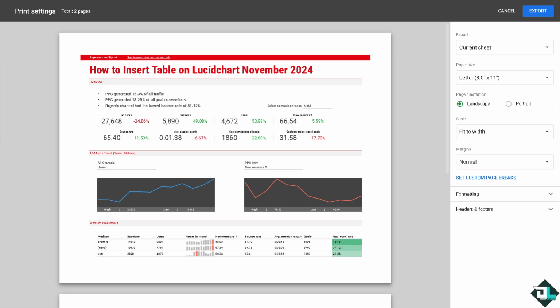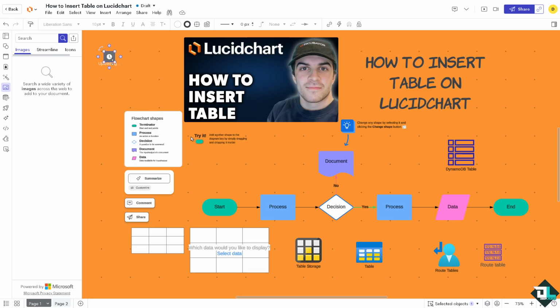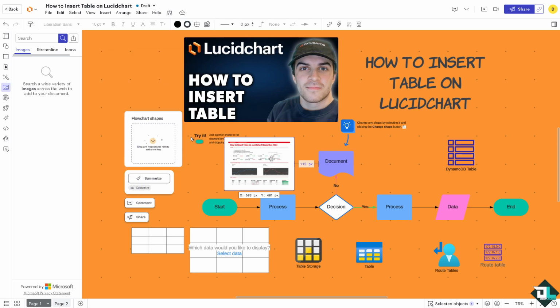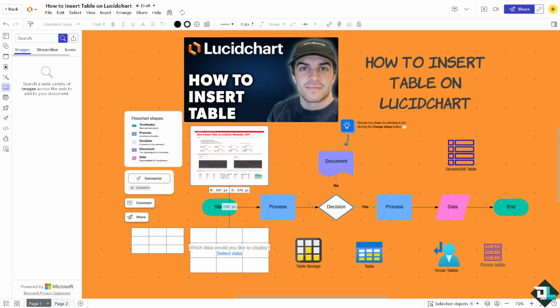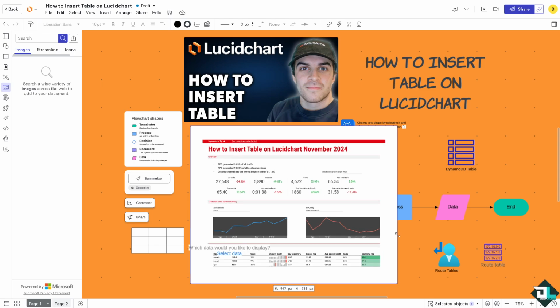Click on Export. Now, as you can see, I am inserting a specific table. It takes a little while. Now I have inserted a table that I wanted here, especially for this video. I'm going to make it a bit bigger so you guys can see the inserted table that I have created